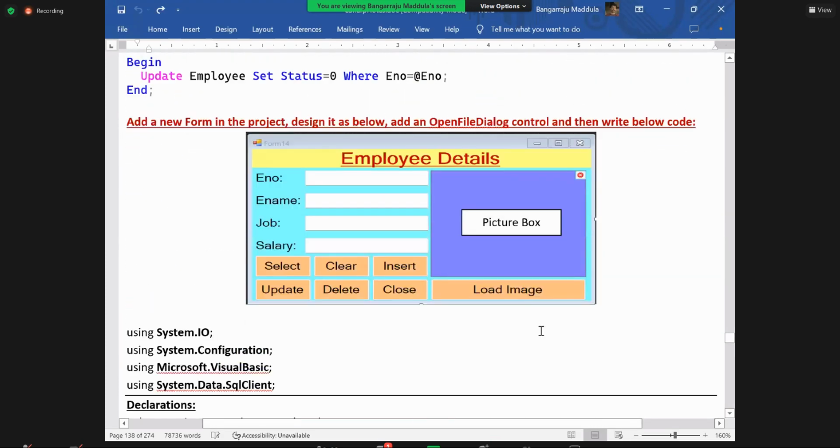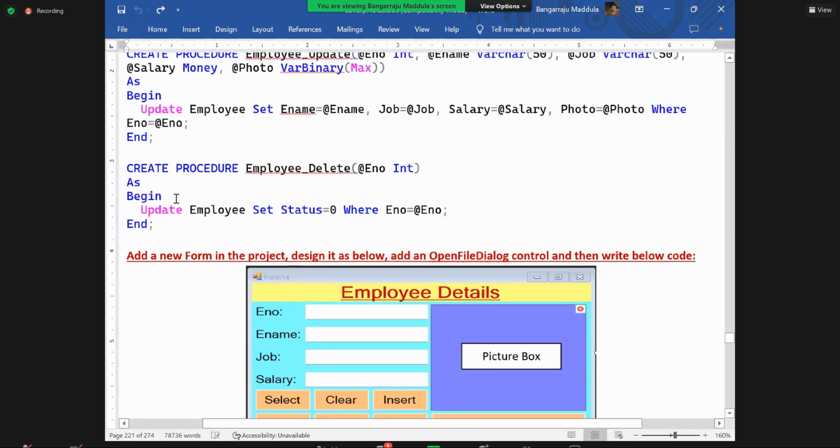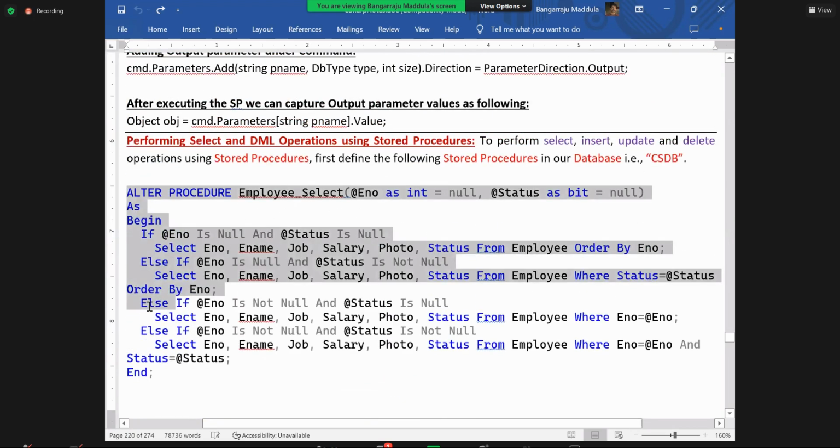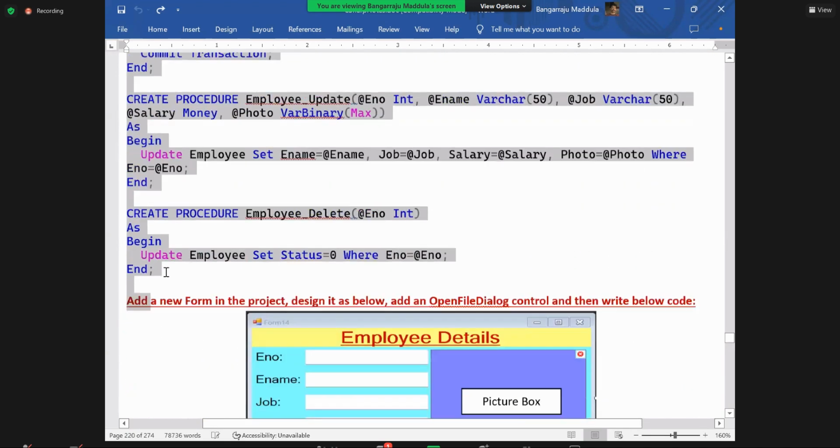This is the form we designed with all the required controls. Now let's see implementing the logic for this. Remember, if you want to implement the required logic here,